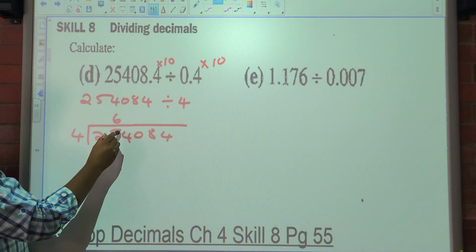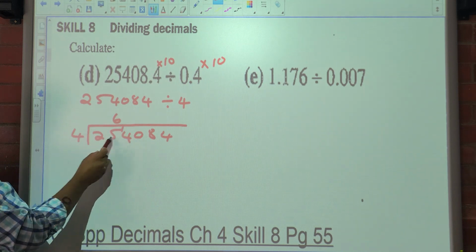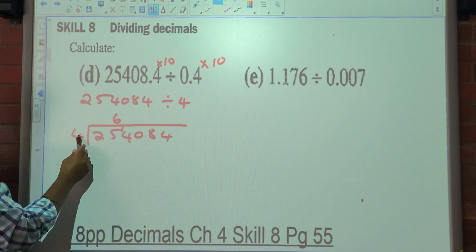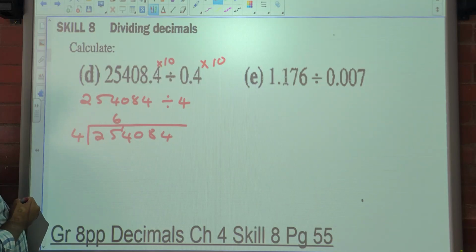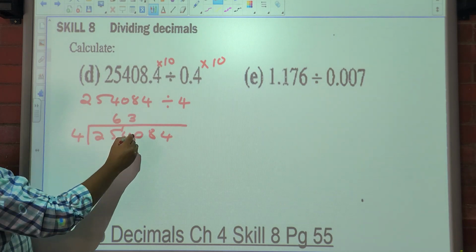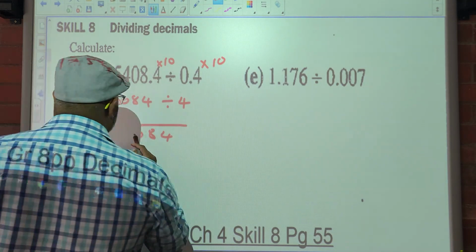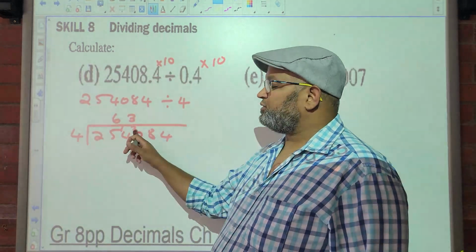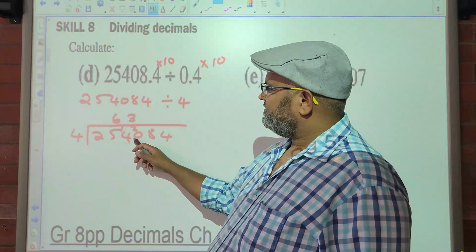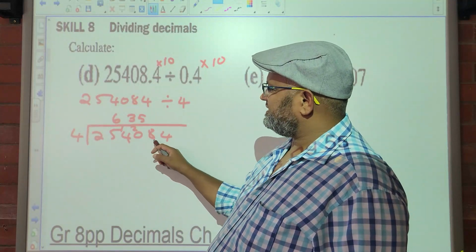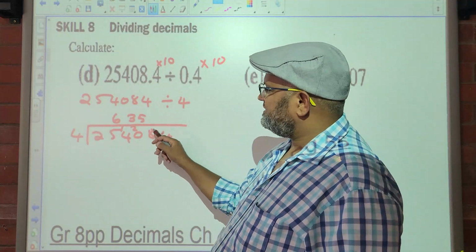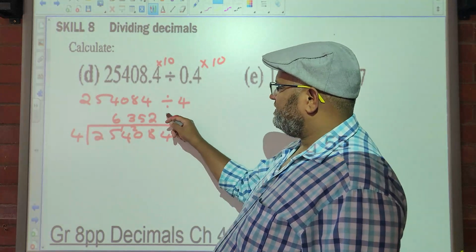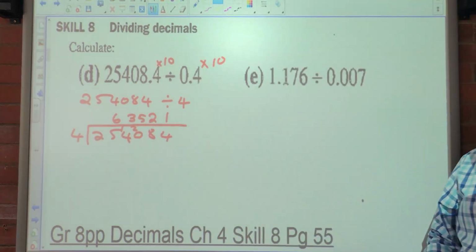Remainder? 4 going into 14 how many times? 3. Remainder? 2. 4 going into 20 how many times? 5 times. Remainder? Nothing. 4 going into 8? Twice. 4 going into 4? The answer is